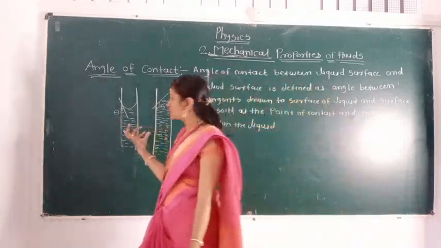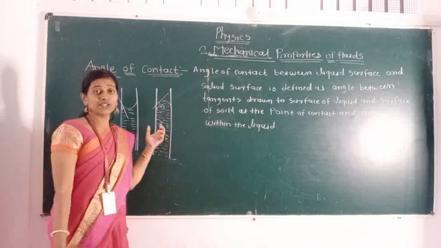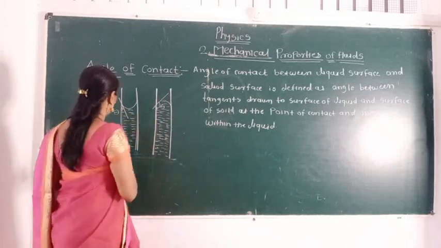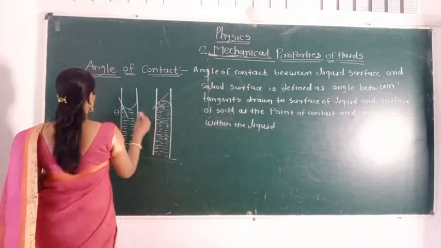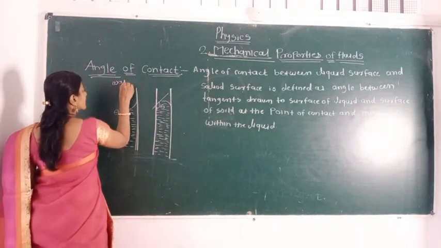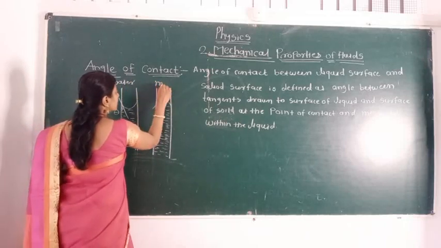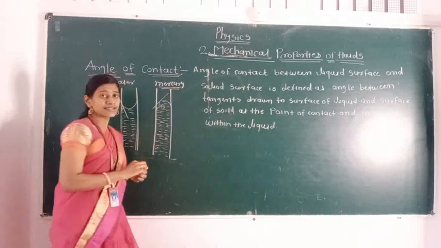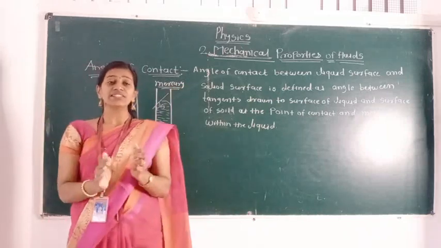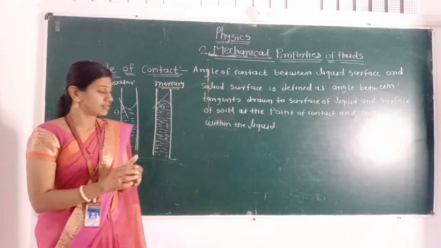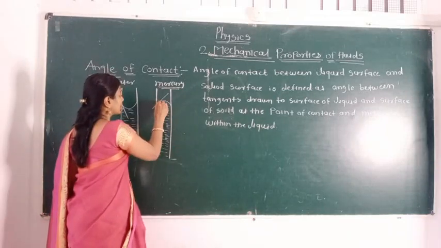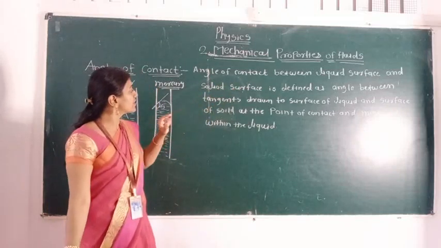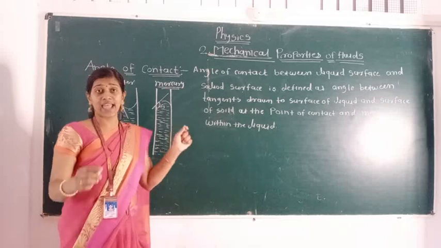See here, two diagrams are present. In those two diagrams, two different types of liquid are present. In the first diagram, the first container, water is present, and in the second, mercury is present. This is a very simple definition of the angle of contact. When liquid and solid surface come in contact with each other, at that point we have the angle of contact. The angle of contact between the liquid surface and solid surface is defined as the angle between